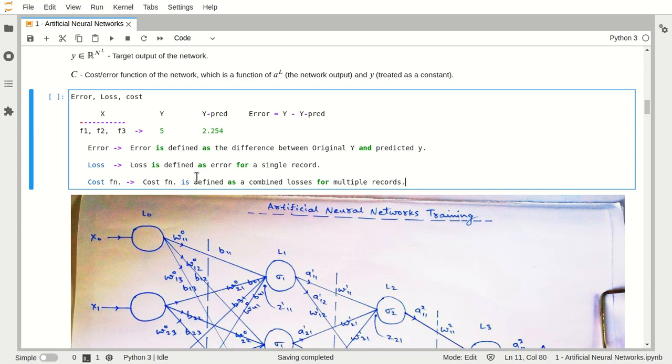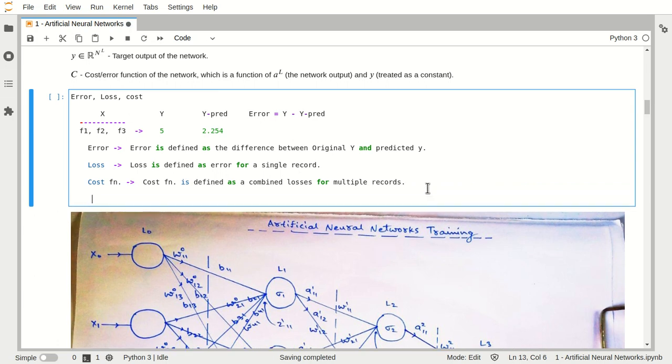So there will be different cost functions available, like, if I write here, L1 loss, or I can say MAE, mean absolute error, or least absolute error.